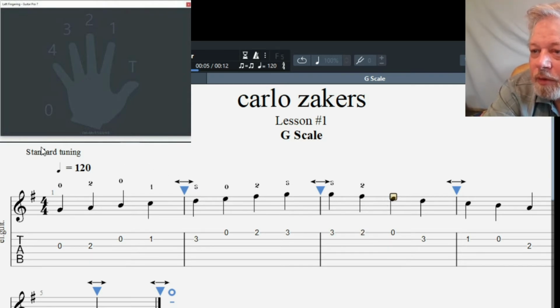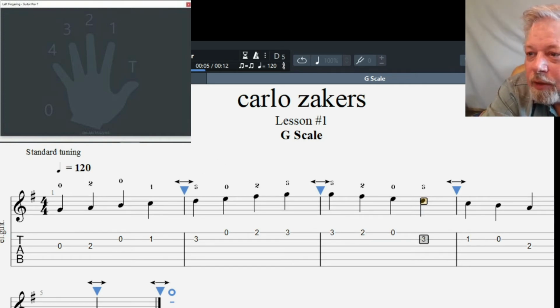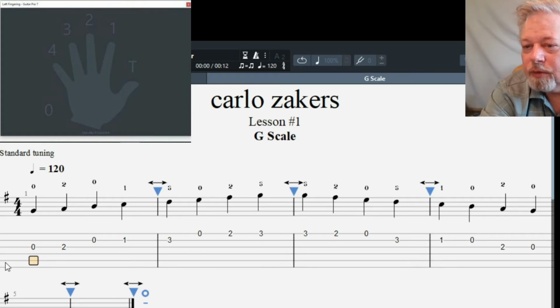second, gotta be right on it, open, third, gotta be right on it, third, first, open. And whether you want to put that open in there or not is up to you. So now when we run it through,